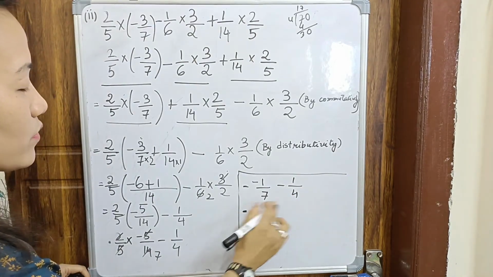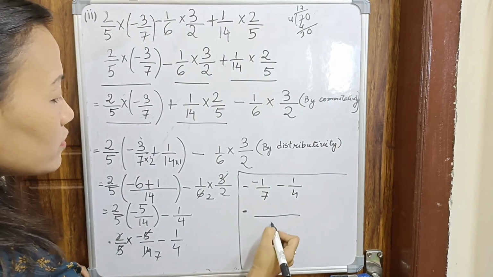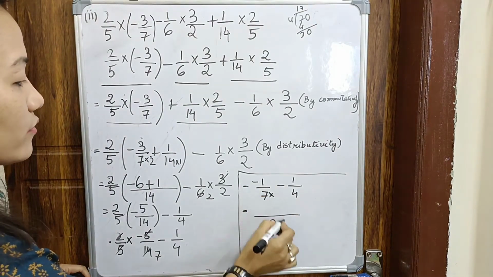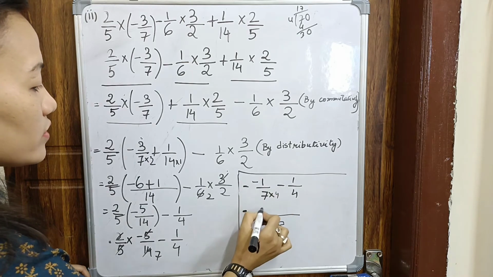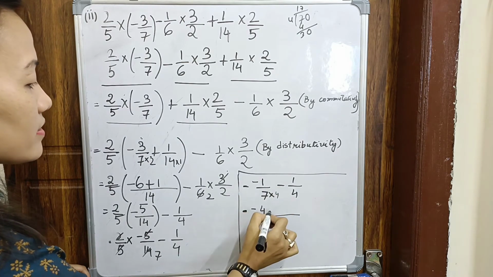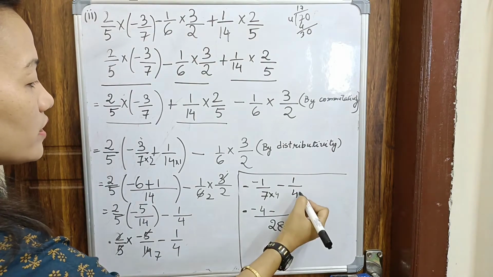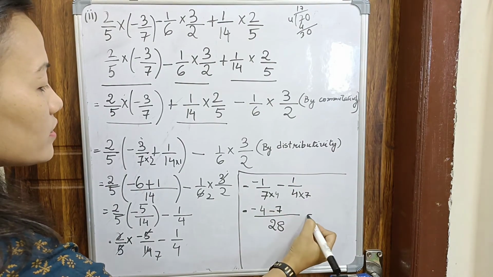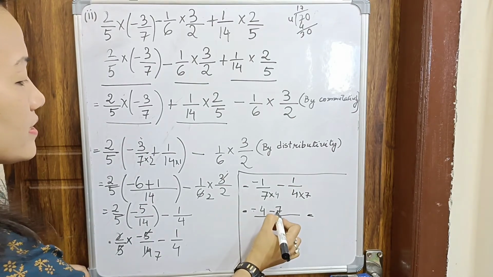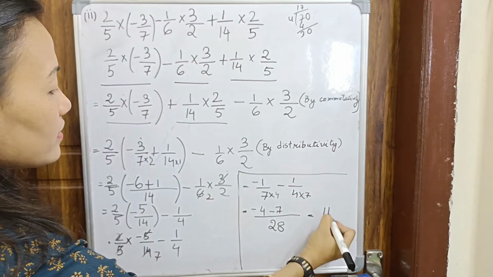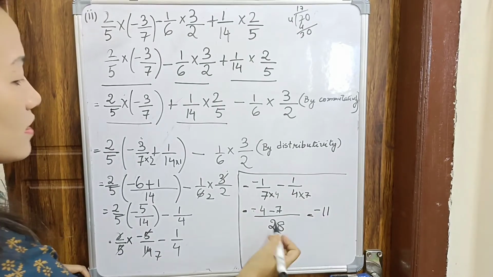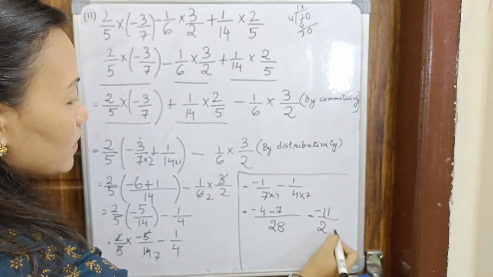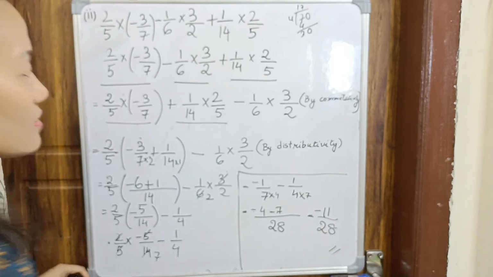to, we'll take the LCM of 7 and 4. It is 7 4s are 28. 7 into how much is 28? 7 4s. So 4 into 1 is 4. The sign is minus. 4 into how much is 28? 4 7s are 28. 7 into 1 is 7, equals to minus, and minus is plus, so 7 plus 4 is 11, and the sign is minus because the greater number is 7, so it is minus. So it is minus 11 by 28 is the answer.